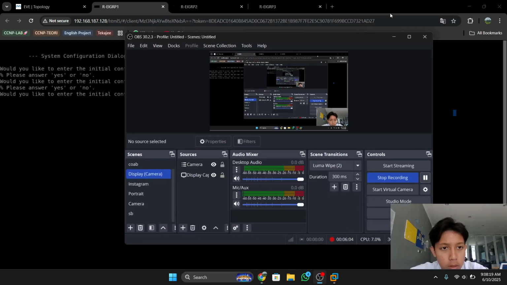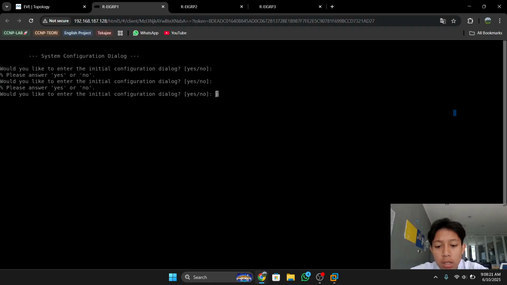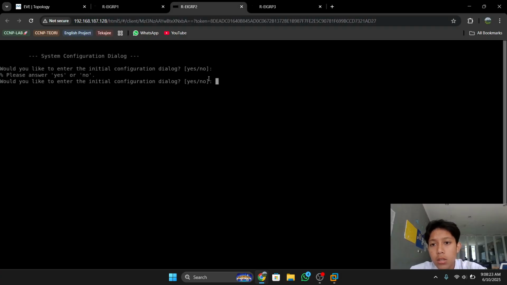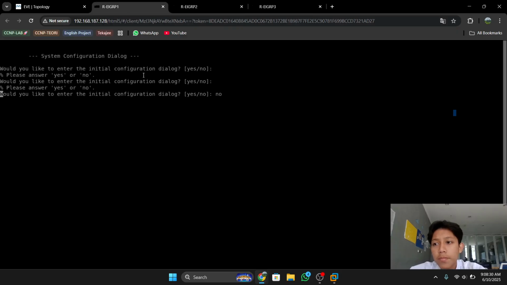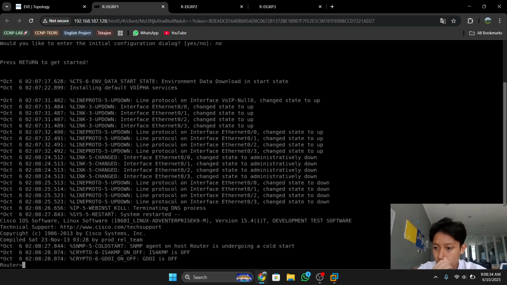Okay, you can skip. If it is already like this, you can type no or others, or yes. For example, I use no, and router 3 the same, no, and then you can enable.